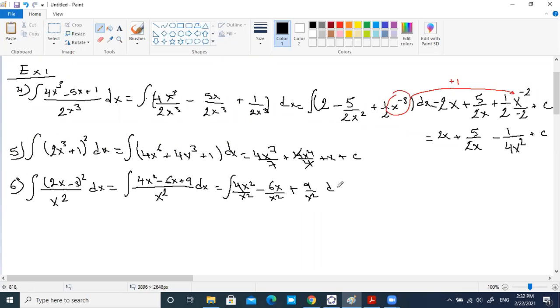Continue. So 4, minus 6 over x, plus 9 over x to the power 2, dx, which is equal to